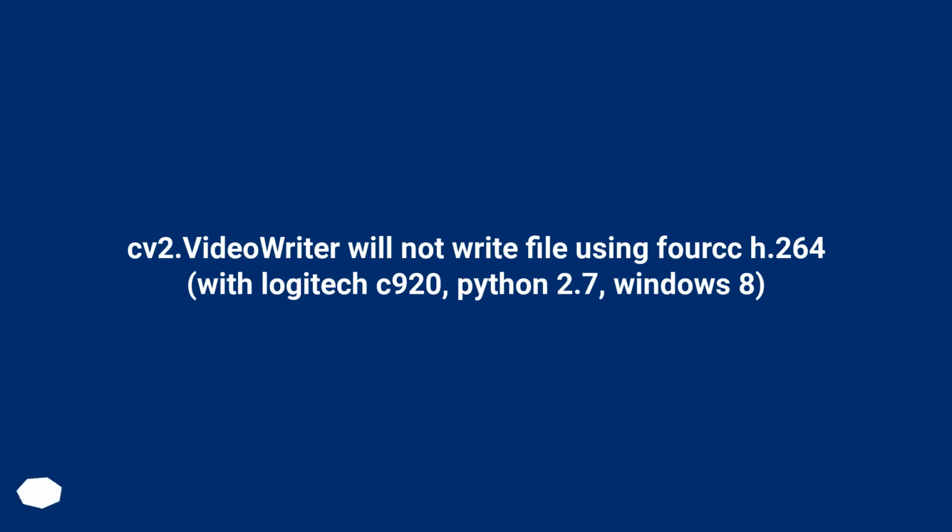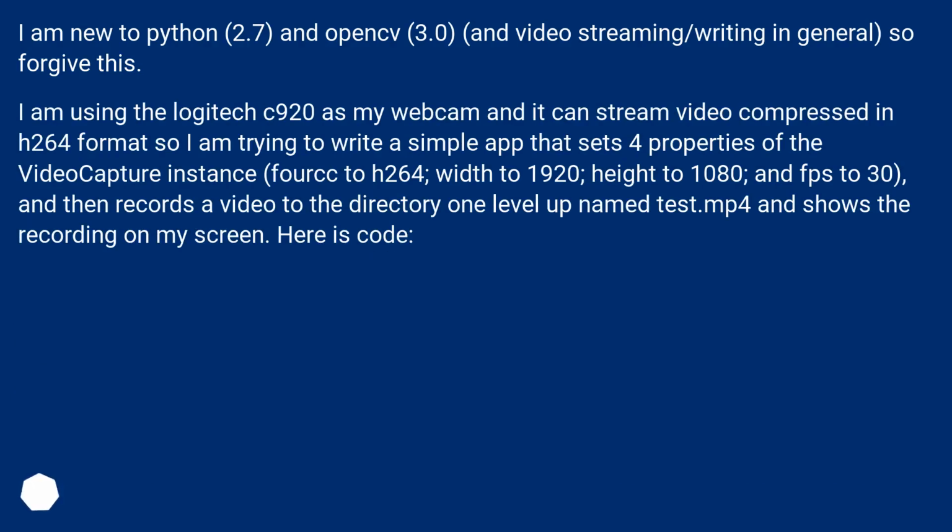cv2.VideoWriter will not write file using fourcc h.264, with Logitech C920, Python 2.7, Windows 8. I am new to Python 2.7 and OpenCV 3.0, and video streaming/writing in general, so forgive this. I am using the Logitech C920 as my webcam and it can stream video compressed in h.264 format, so I